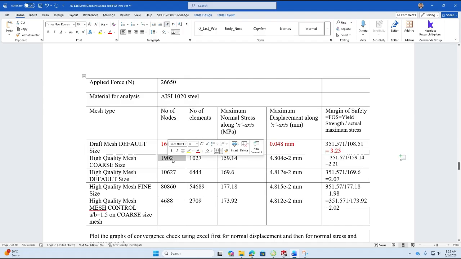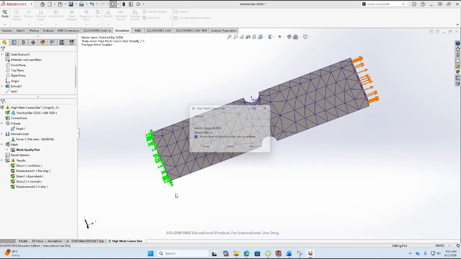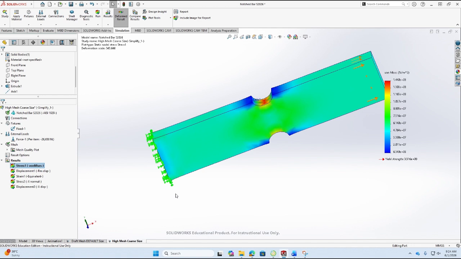So you can see I have noted here the number of nodes is 1902, but the number of elements is 1027. Now this is interesting, because for a lesser number of elements you have got a bigger number of nodes. If we now rerun the analysis, because we have copied over the files,